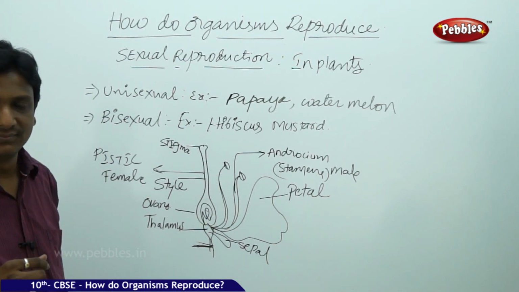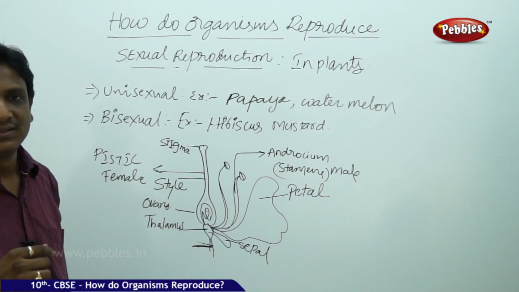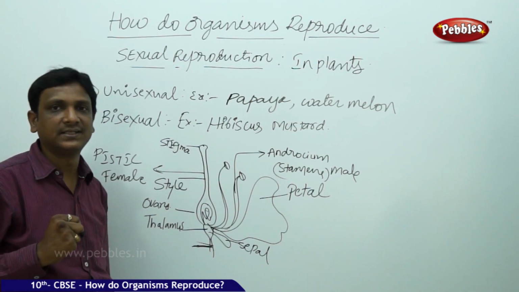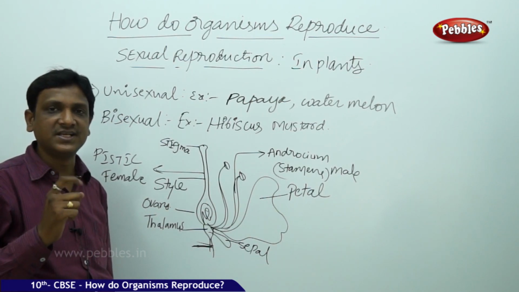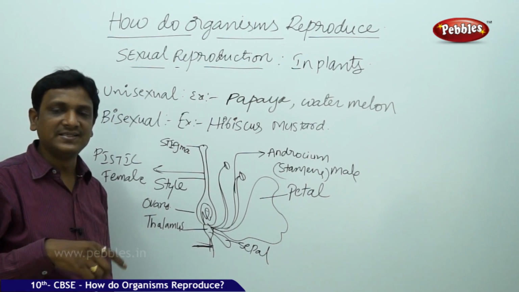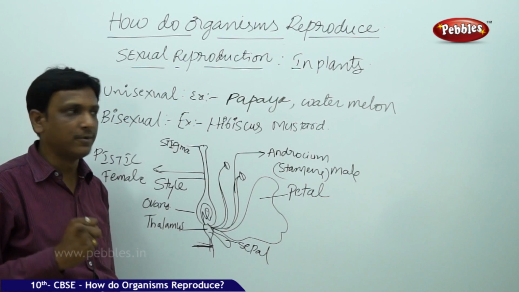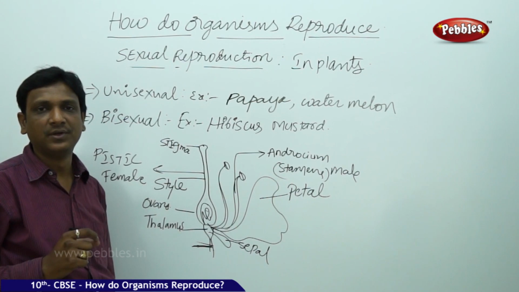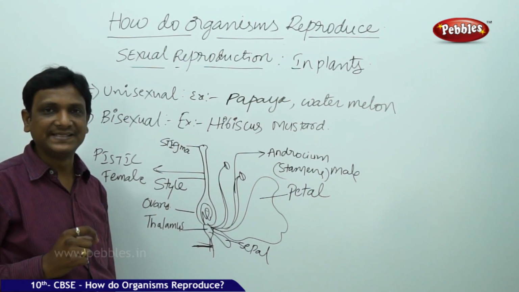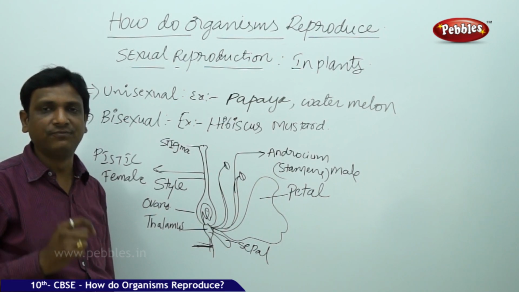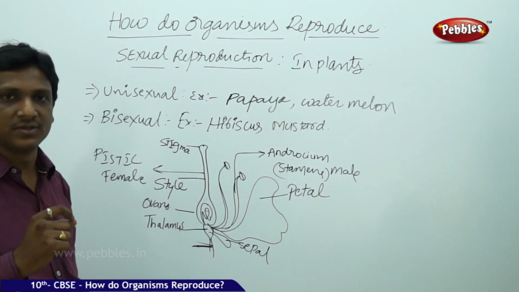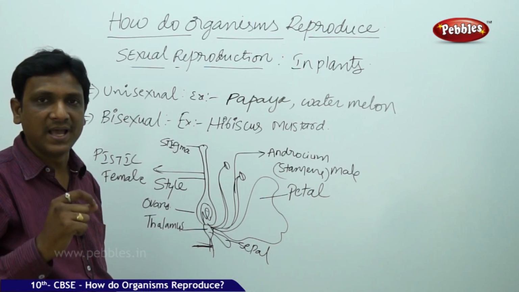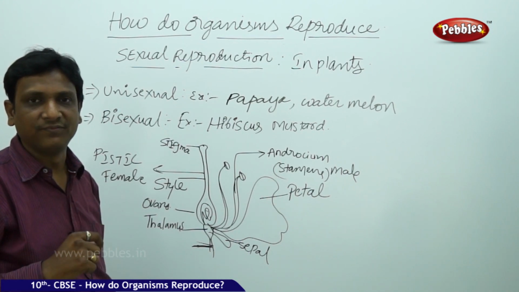How does it happen? By various natural means. Insects help in pollination. Many insects visit the flower for nectar. During this process, the pollen sticks to the legs of the insects. When the insects visit different flowers, the pollen is dropped onto the stigmas of various flowers. From there, the transfer of male gamete takes place. Not only insects, wind, water and other means are also helpful. Pollination is nothing but the transfer of pollen from anther to stigma of a flower.